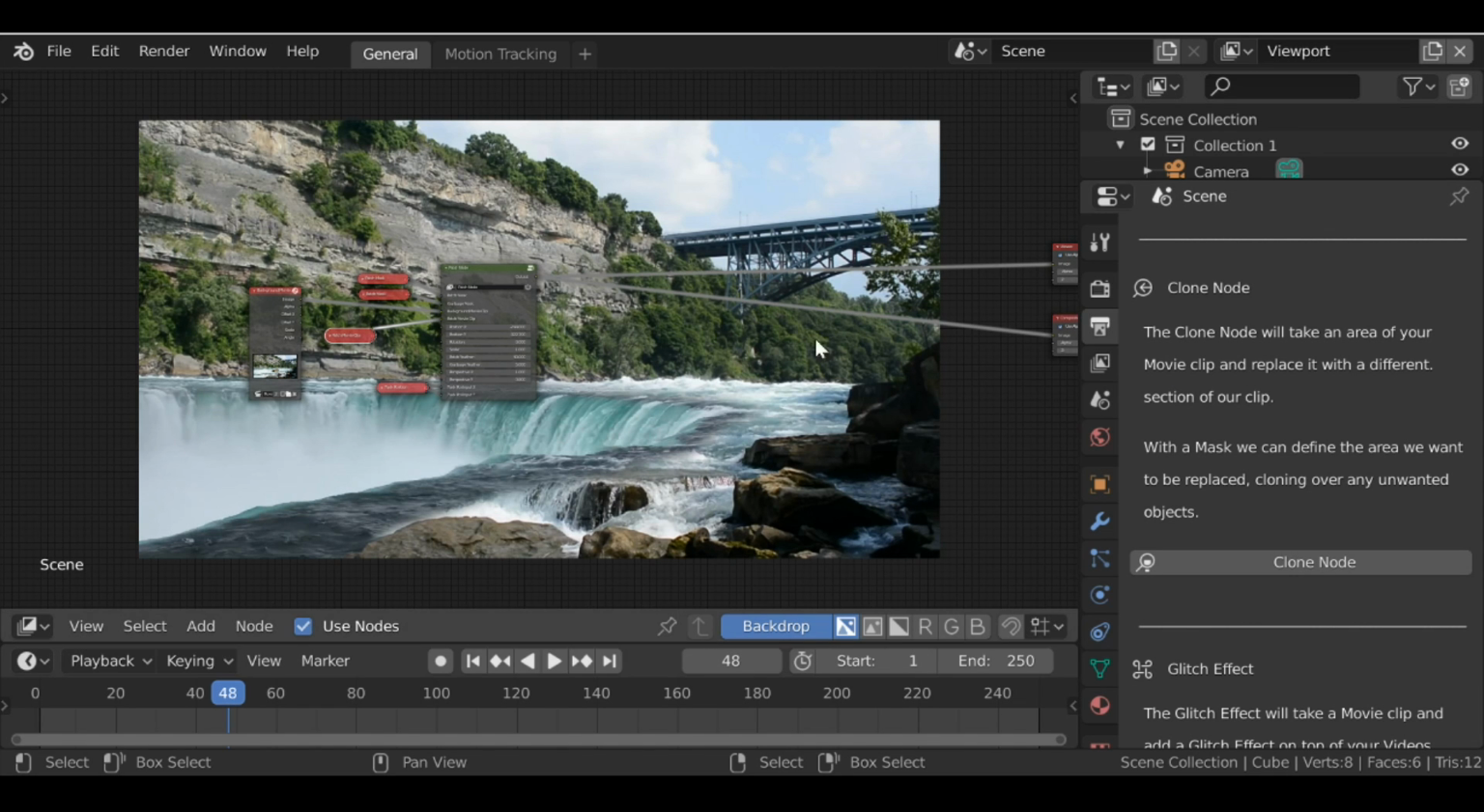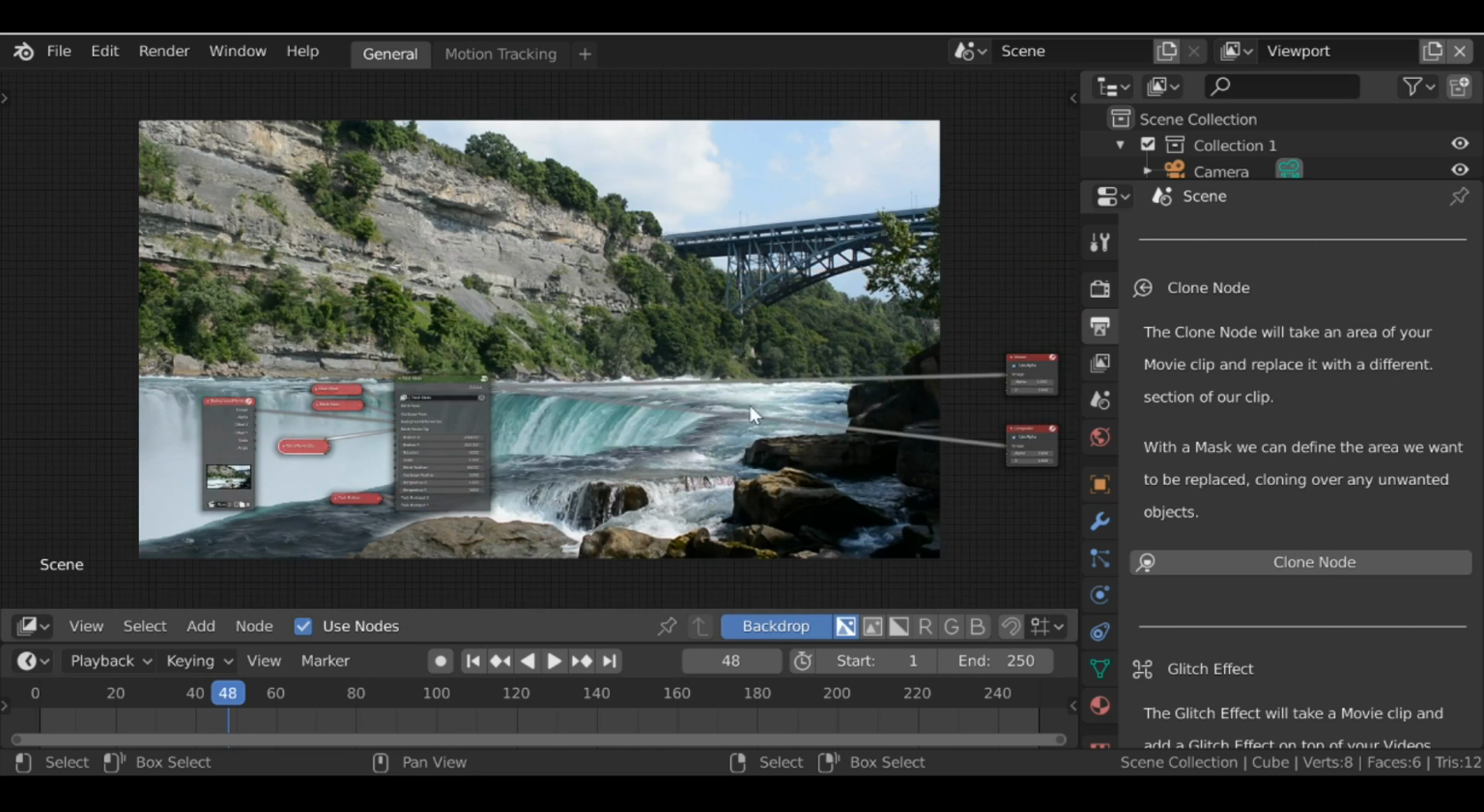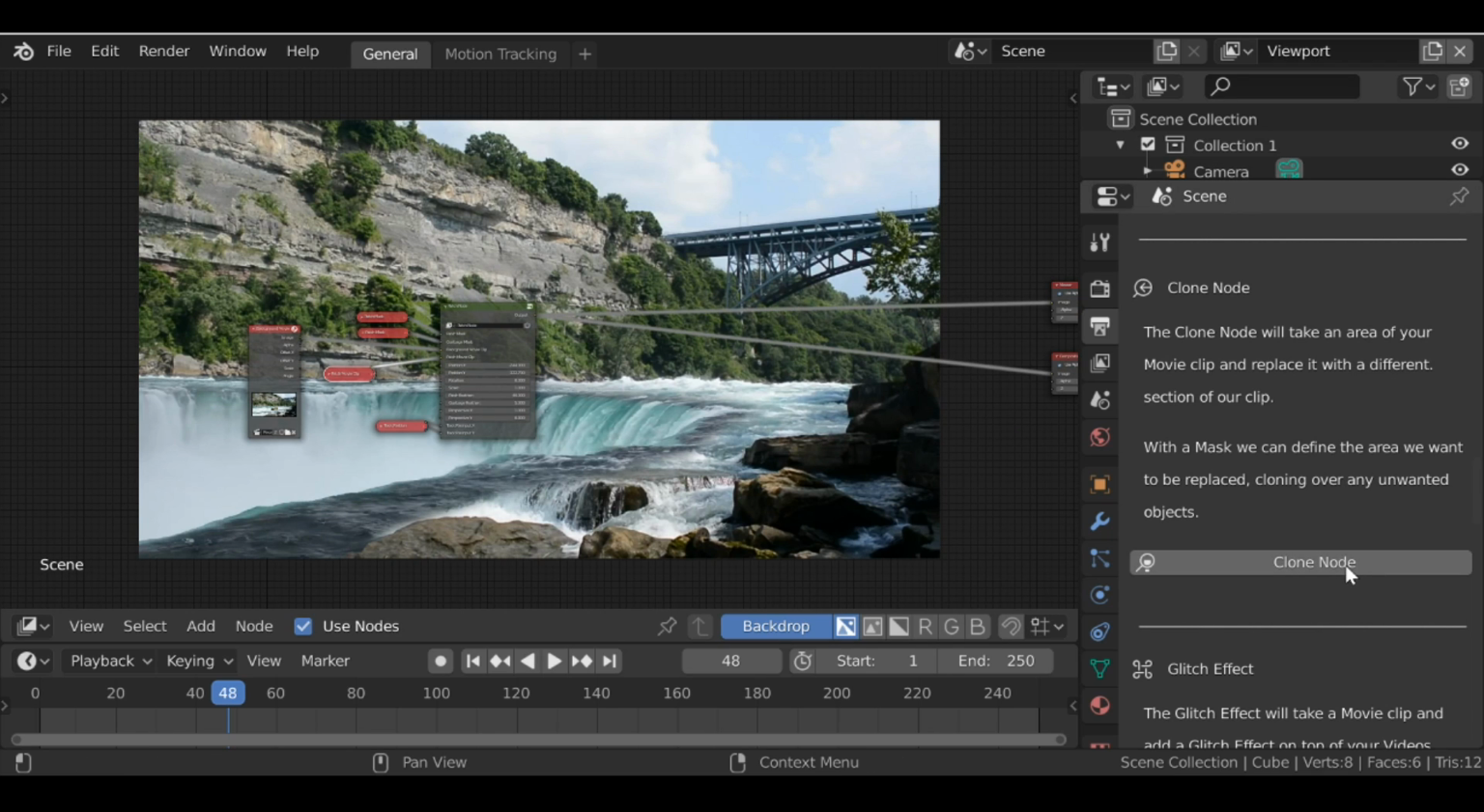So the clone node will take an area that you define and replace it with a different part of the movie clip. So for example, if we wanted to remove this section here and replace it with some trees, we'd need to create a mask for this area. Then we can clone this area and move it over. So let's go ahead and check that out. If we click clone node,